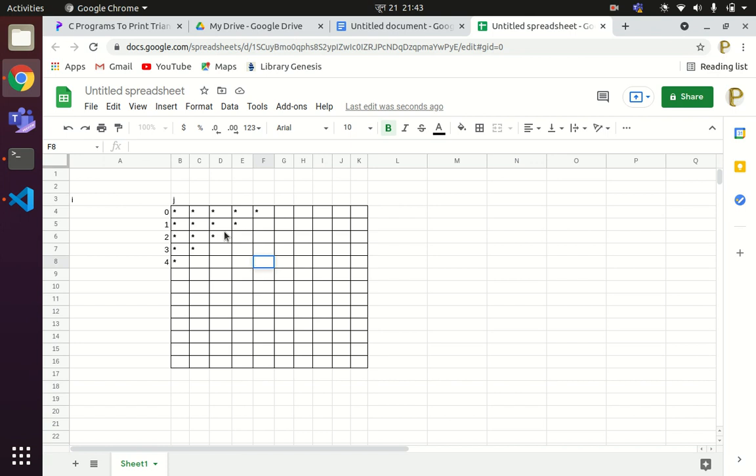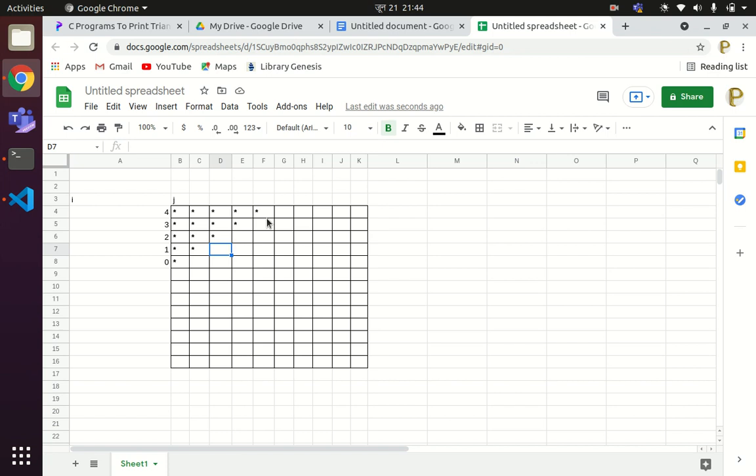Okay, so it is also a very simple concept to implement. What we will do is, we will start the index value from 4, 3, 2, 1, 0. Now for row number 4, it should be executed how many times? I plus 1 times.